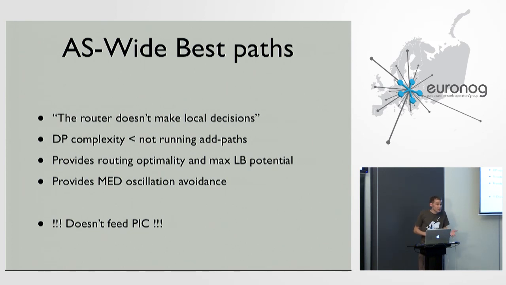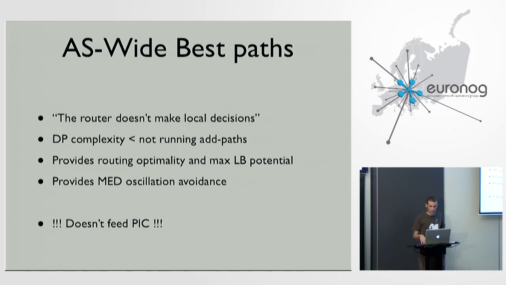If you load balance starting from there, so if you enable BGP multipath to load balance among all the either ECMP or even non-ECMP next hops, then you get all you need in order to do BGP multipath in the data plane. It provides MED oscillation avoidance because if you look at the mode, you will figure out that you never advertise a path, never hide a path with a non-lowest MED. So everyone knows about the path with the best MED towards each of the neighboring AS, and hence you cannot